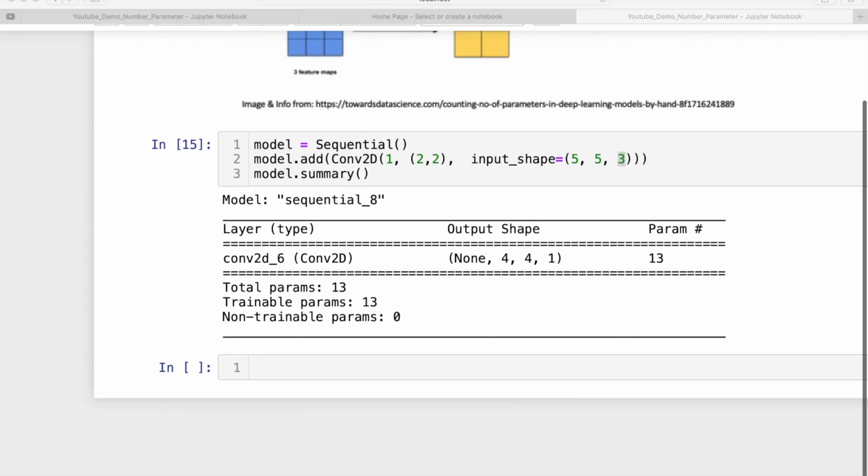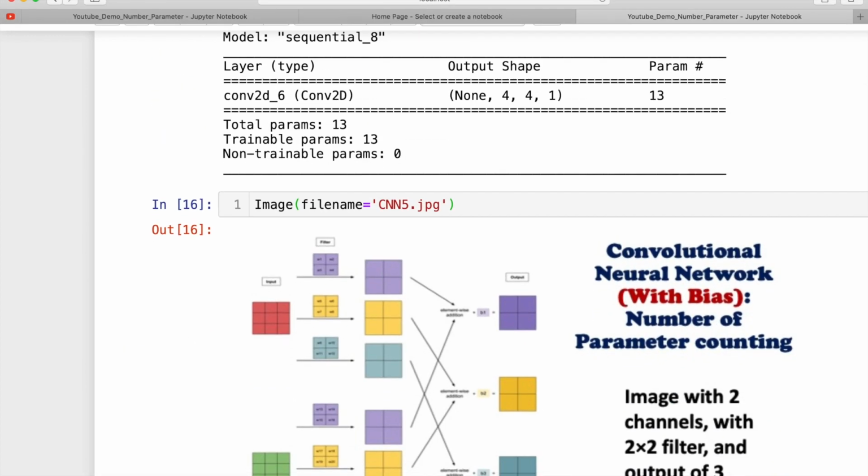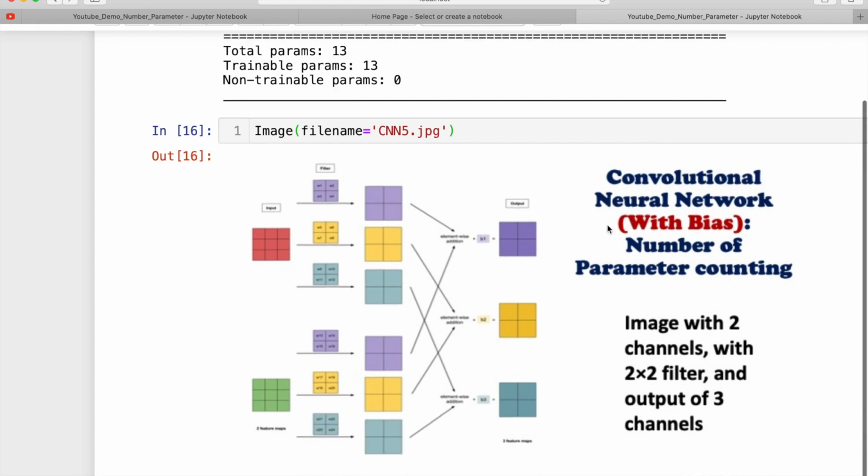Now let me take another example in the CNN itself. Here we have not the RGB, we just have the RG, red and green. But for each filter we have taken 3 channels.